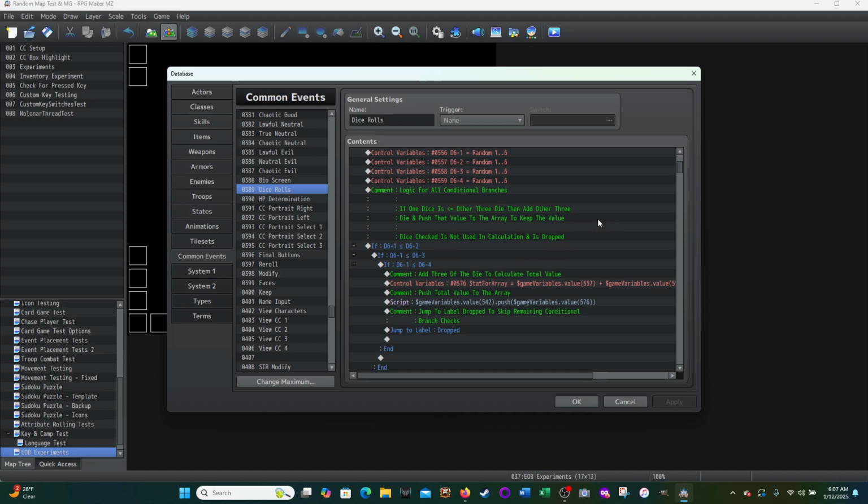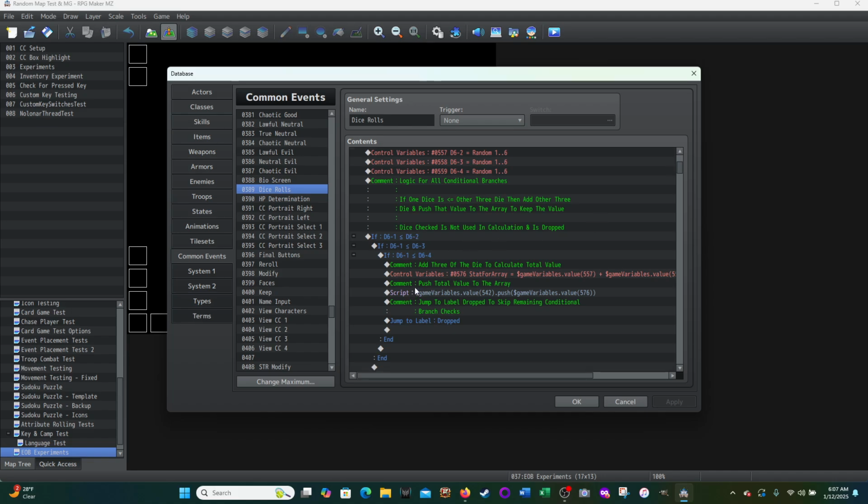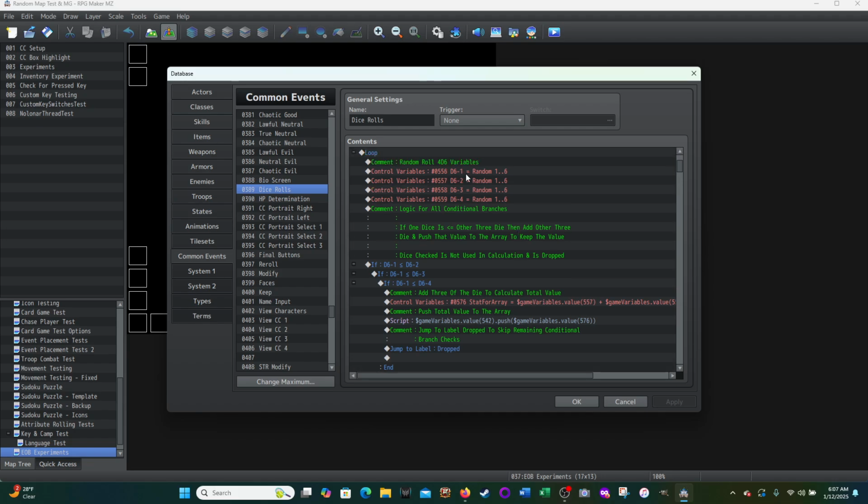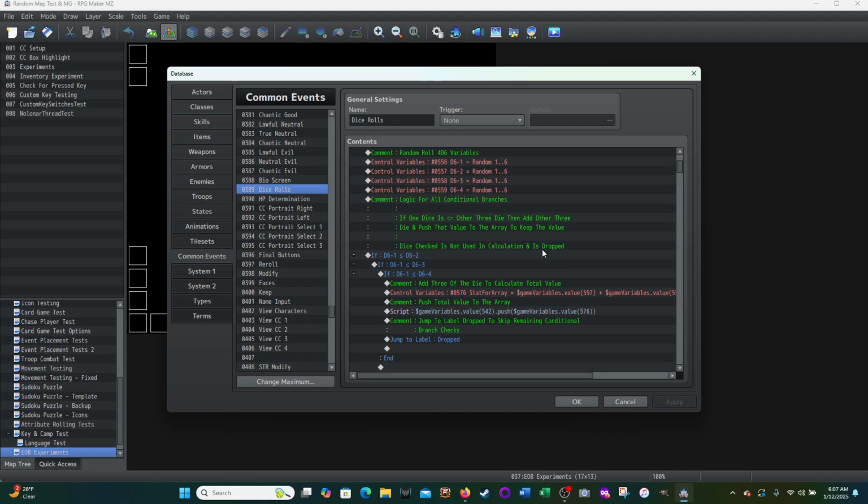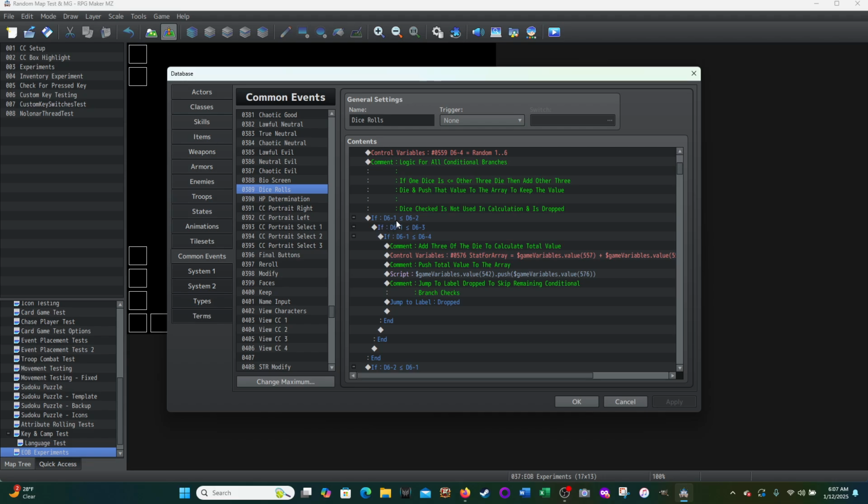Okay, so essentially, the way I did this is the event is going to check, and it's going to say, here are 3 nested conditional branches. If die6 1, that's just the name of the variable, right? So die6 1, die6 2, die6 3, die6 4. If die6 1 is less than or equal to die6 2,